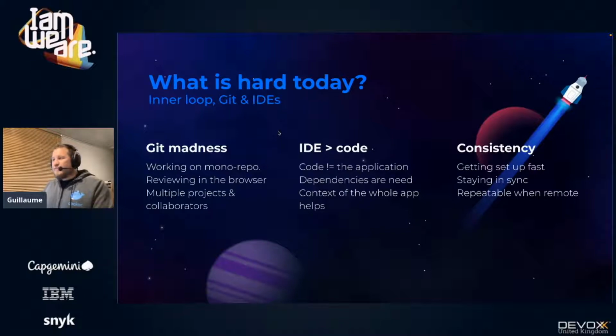One of the biggest issues we all had is that, even if we are working on a huge monorepo or on multiple projects with a lot of collaborators, we usually need to switch between branches in Git,